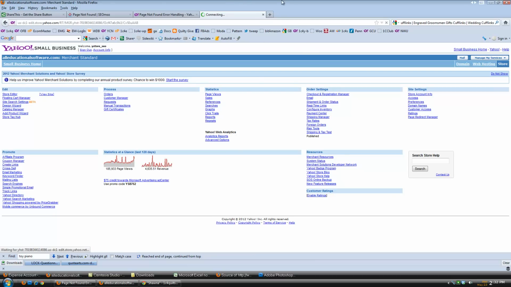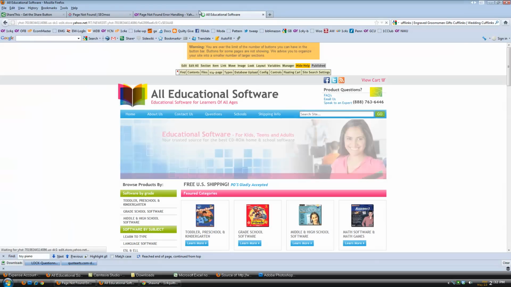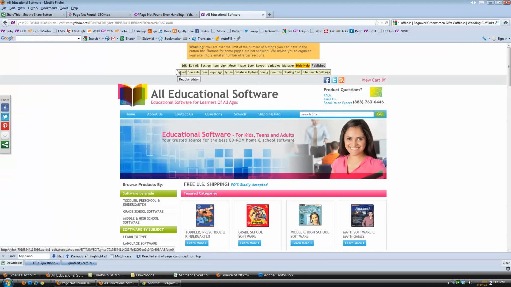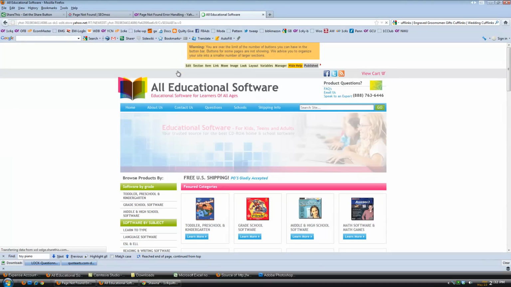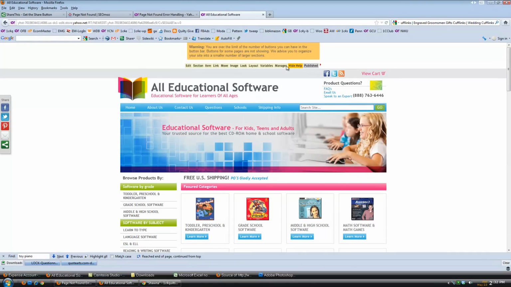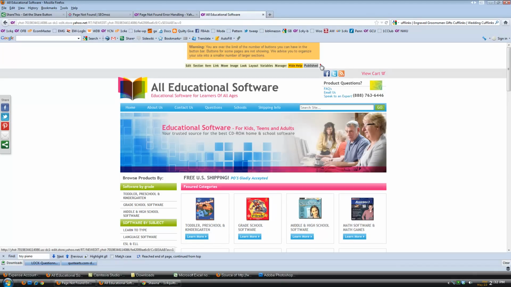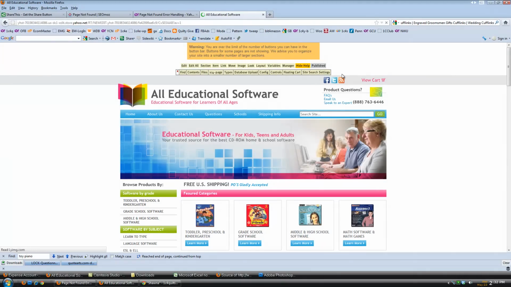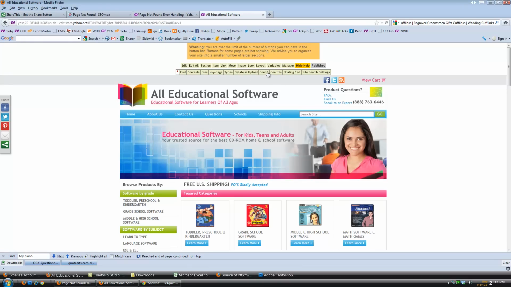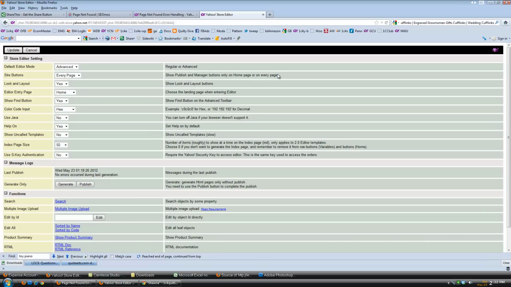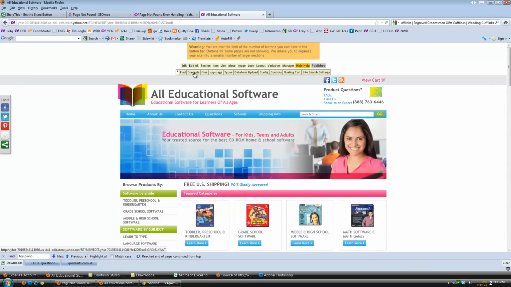And this little red arrow, for those of you that don't know, puts you in, this right here is kind of like a standard editor, and if you click that red button there, it puts you in advanced editor. We're going to use advanced editor quite a bit. If you go to controls, you can change your default editor mode to advanced, so that way it always shows it. All right, now we're going to click on Contents, and we're going to click on New,